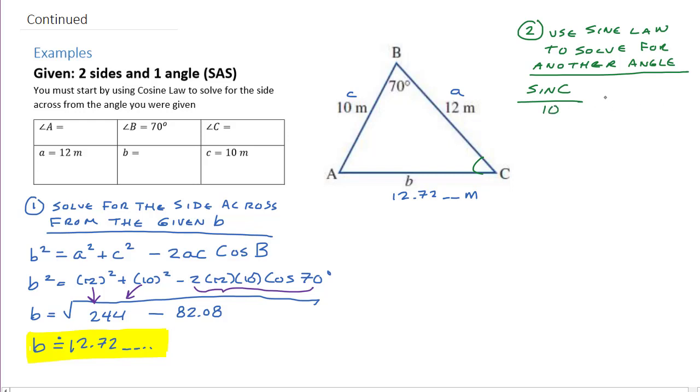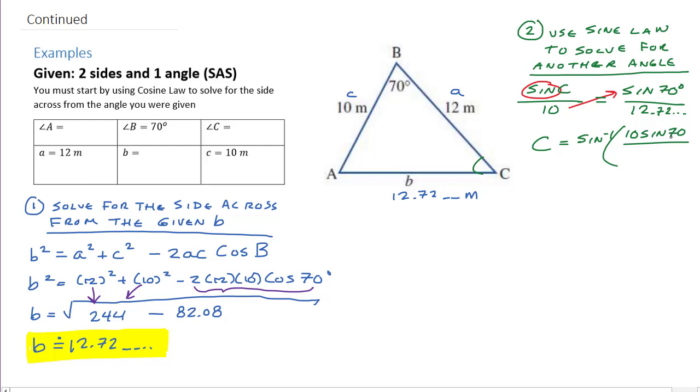So sine C over the side across from it, which is 10, equals sine A over B, because we don't know A. Now that's 70 degrees, and this is where I want to use that button on my calculator where I saved it, right? So I'm just going to write 12.72, dot, dot, dot, because there are more decimals. So what are we going to do? We're going to multiply by 10, and then take the sine inverse to get rid of sine. So when I write it out, C equals the sine inverse of 10 times sine of 70,